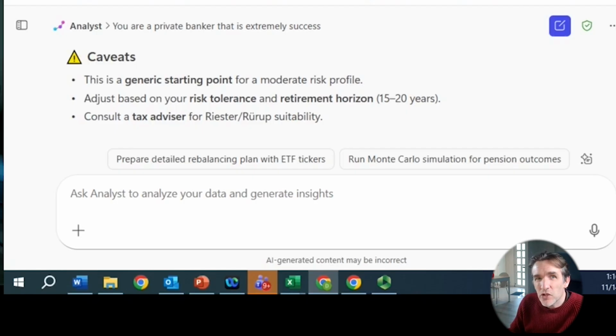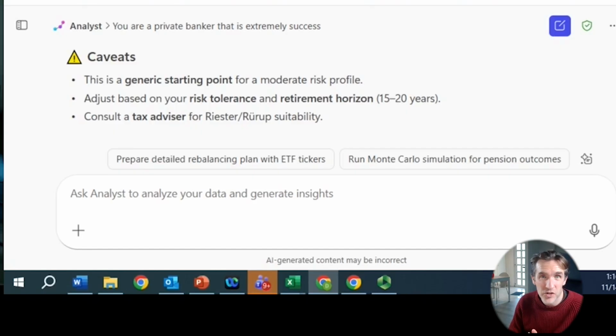So I hope this shows how this data analyst is a very valuable tool to start actually analyzing numbers with Copilot, and where you can then even also get a first interpretation of the results. So in that way, I think also this agent is very helpful and can help you to become much more productive. So now let's jump to the final agent that I wanted to show you in this video,